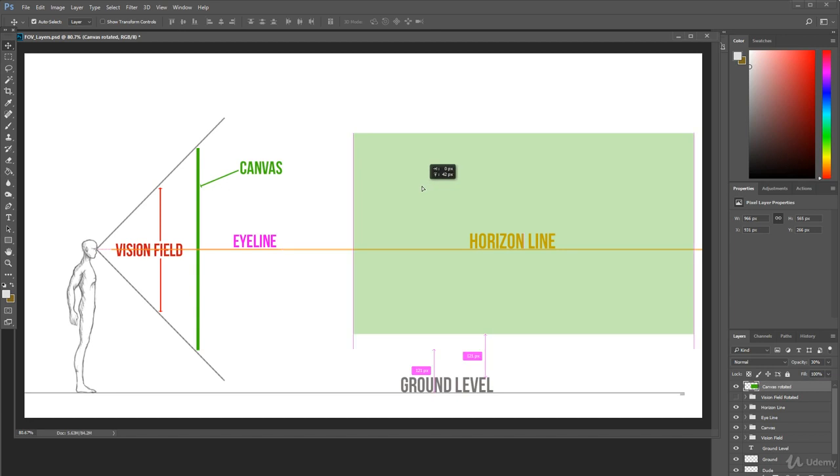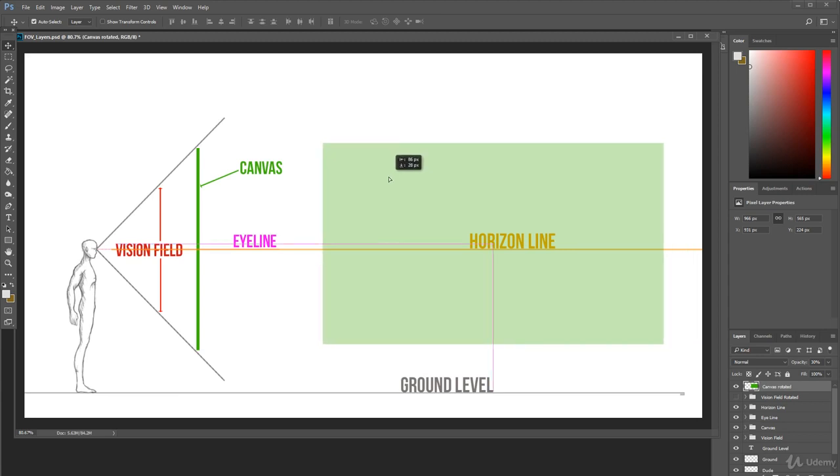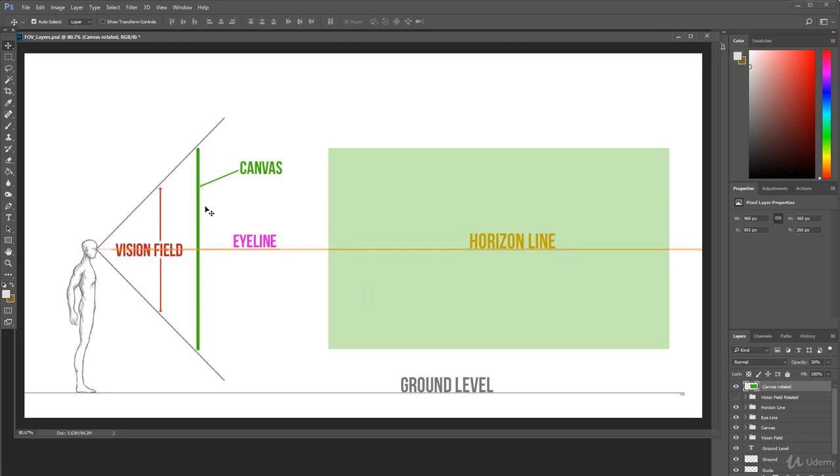Like I said, mine's always a little bit lower than the center, than the eye line, but it's entirely up to you, really. But you'll get a feel for that as you go forward. So understand the concept of this invisible canvas that you're going to project your image onto, your eye line, your vision field, and the horizon line, because they all come together to essentially form the foundation of the image that